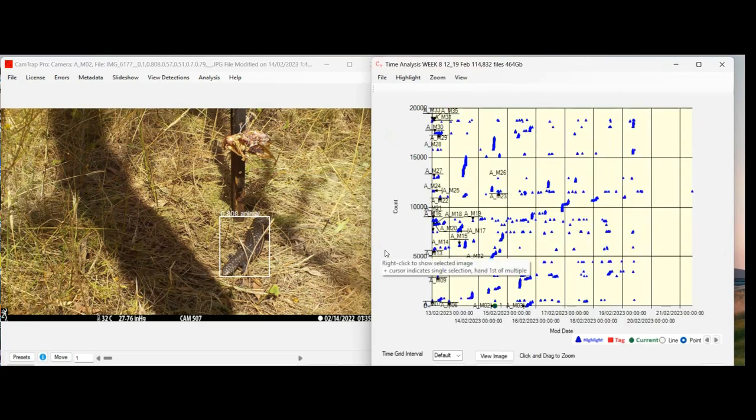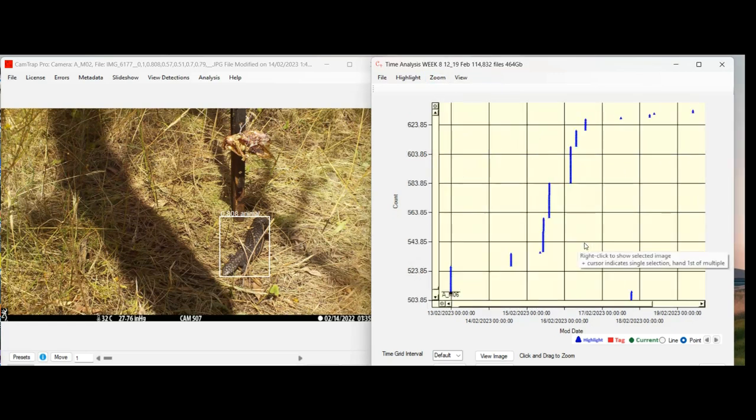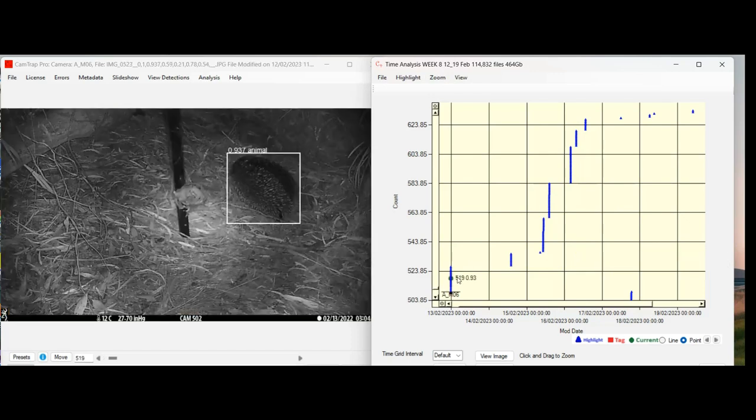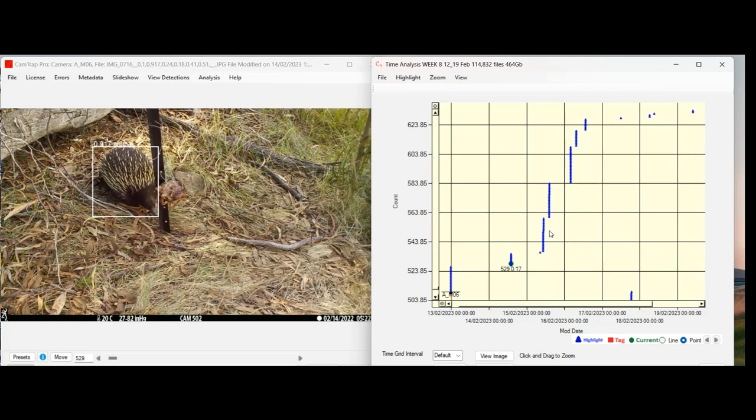So the plot's fairly similar, except all the images which don't have detections in them are no longer shown. So we'll select a camera to view. We'll choose camera 6, which has a number of steps in its data. The first one looks like an echidna, so is the second one,